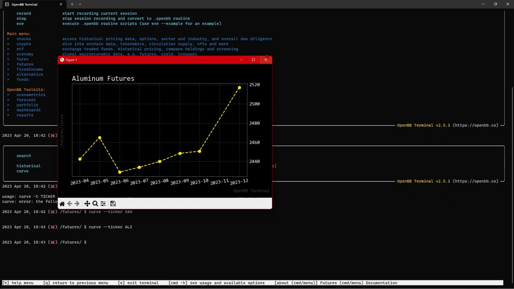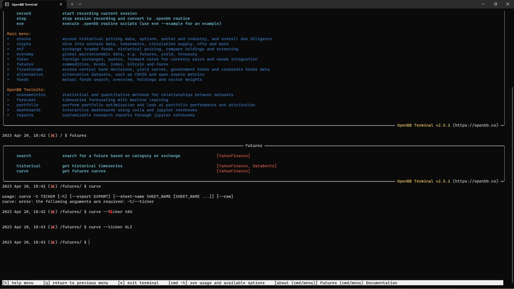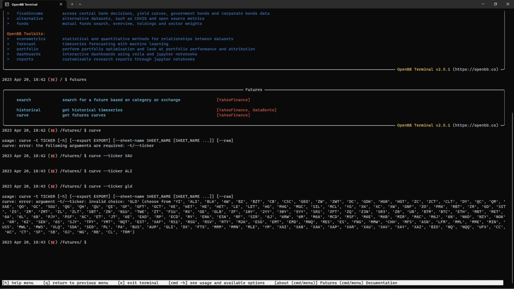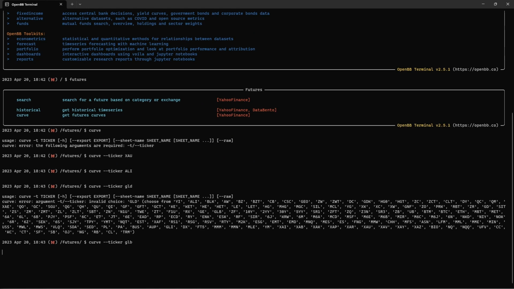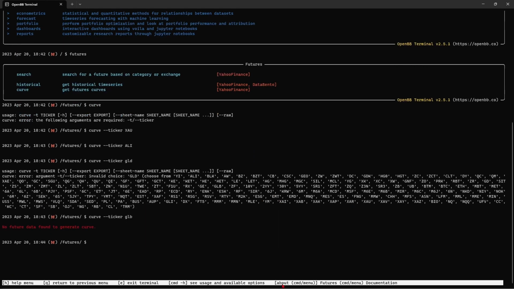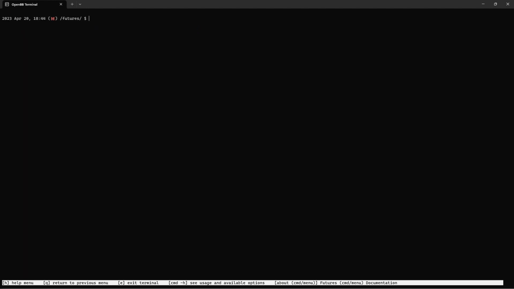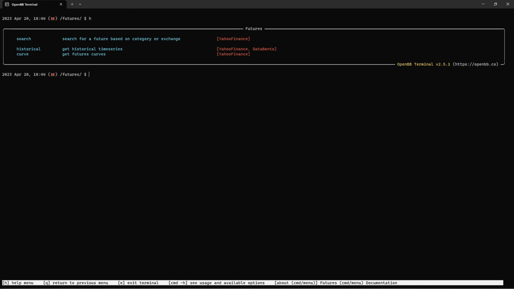So if you don't know the ticker for your chart that you want to open, then there's this big variety of tickers you can pick out. But if you don't know the data for everything, you also can go up and search up your future after different